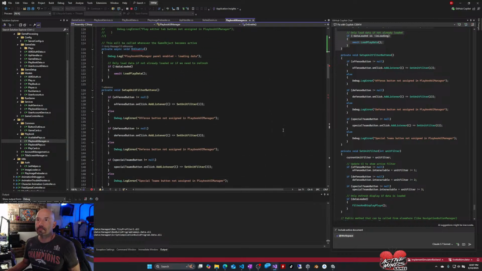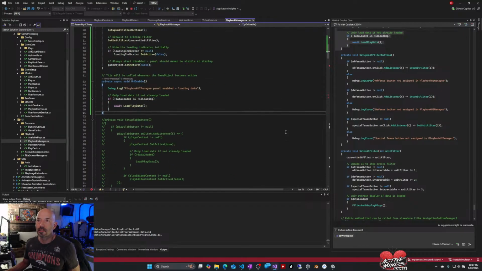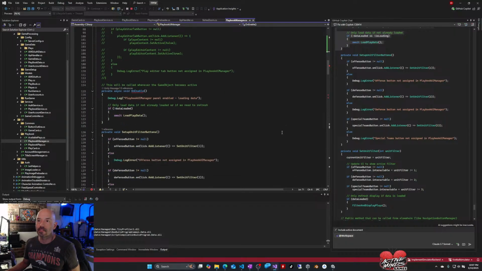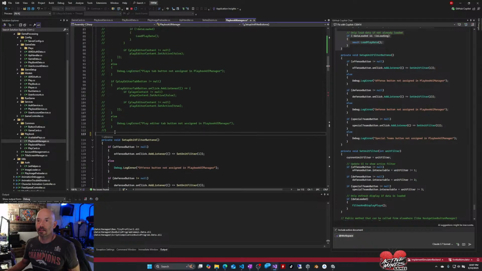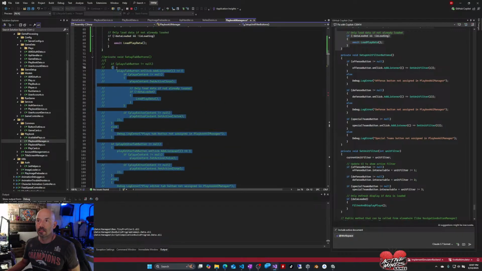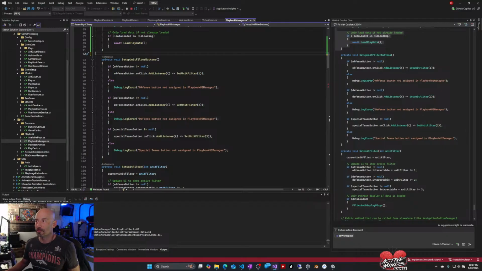Set up. Whoa, I have two on enables? What the heck? Private async void on enable. Private async void. Why the heck do I have two of those? I don't know why I have this. Why do I have this commented out code? Oh, I know what that was supposed to be. It's not supposed to be there anymore, but